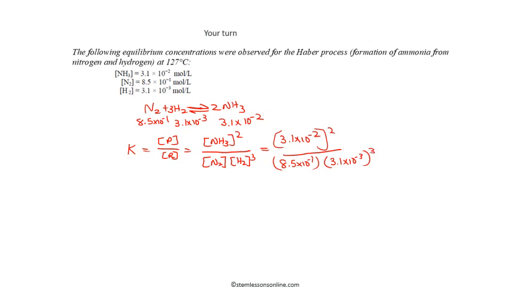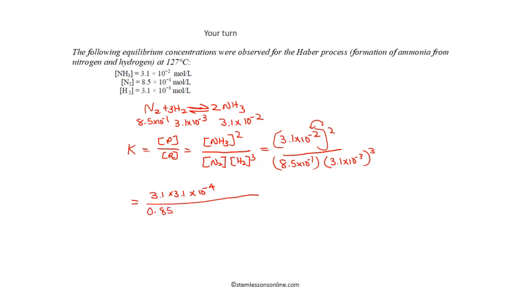So we can expand this one, or we can plug it in the calculator, whichever the way is easy for you. 3.1 to the power 2. So I will just put 3.1 times 3.1, and 2 times 2 is 10 to the power negative 4. That's the exponential rule. Divided by, this is 8.5 times 10 to the power negative 1,